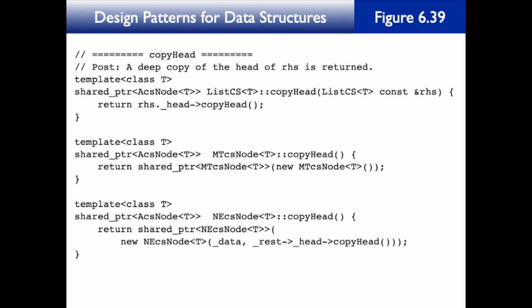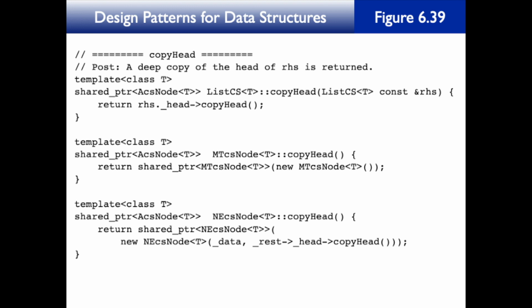So that is a simple one-liner. But on the other hand, if the right-hand side is not empty, then _rhs._head->copyHead will call the non-empty node version. Now here the non-empty node version does the copy recursively, and it is a single